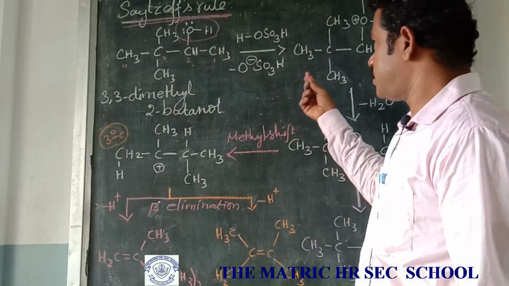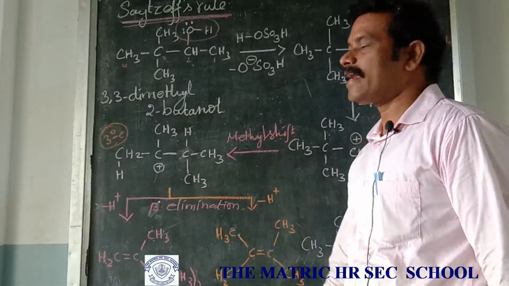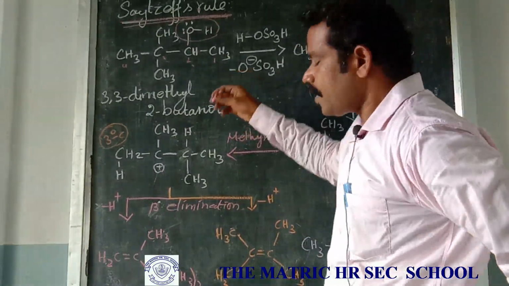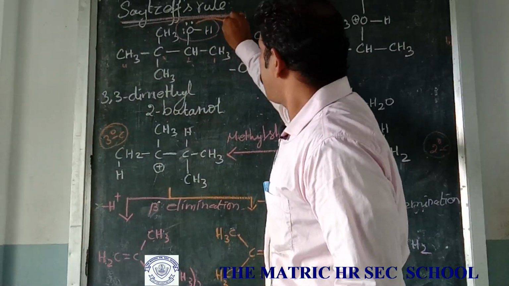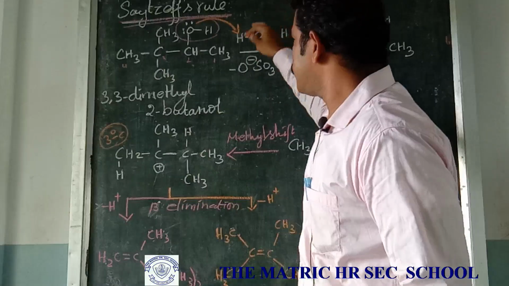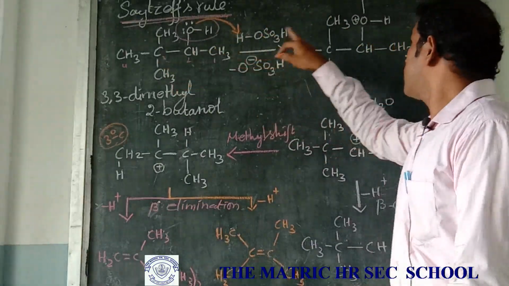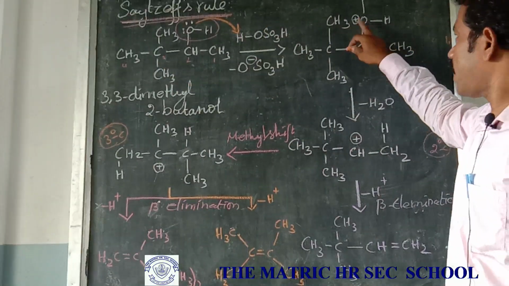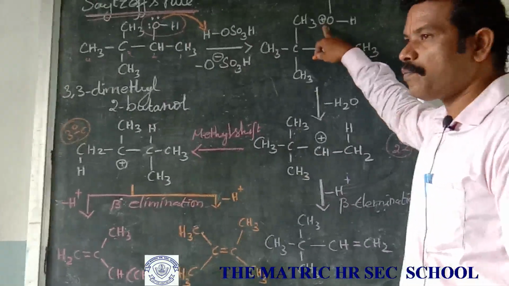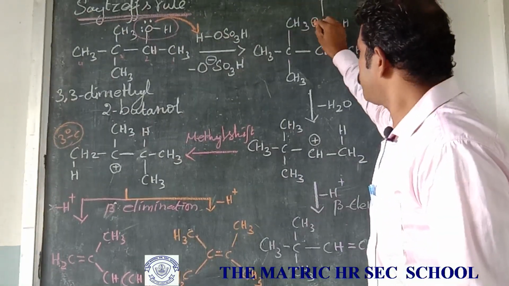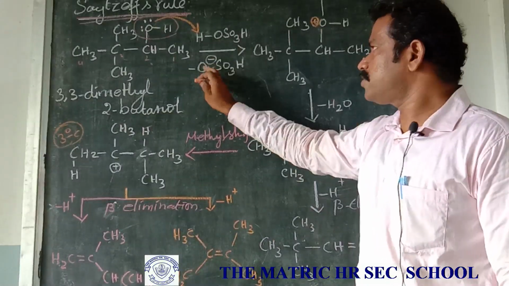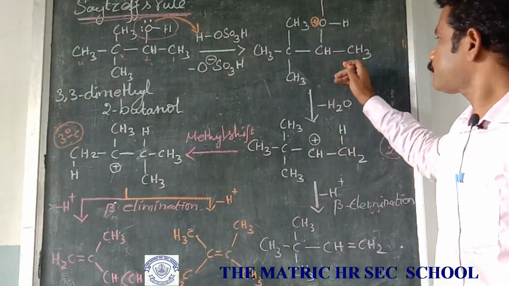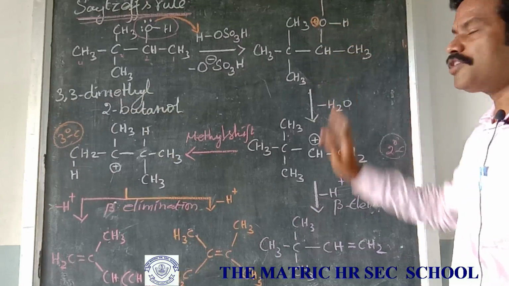I will take the same sulfuric acid. The catalyst adds a hydrogen to the oxygen. The oxygen donates its electron and the hydrogen is accepted. We will get this position. So the oxygen leaves its electron, so it is a positive ion. At the same time the oxygen will get the negative charge. It is leaving. Then it is an unstable compound.